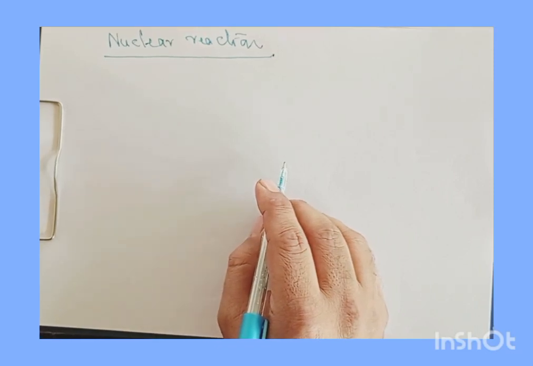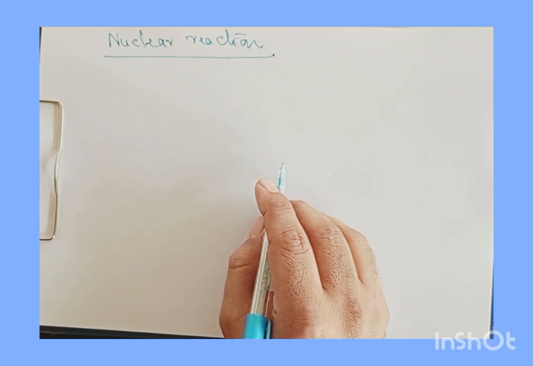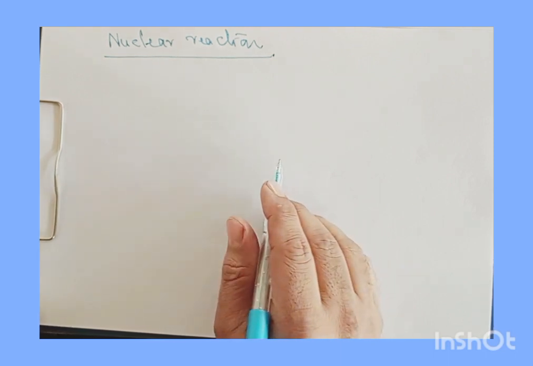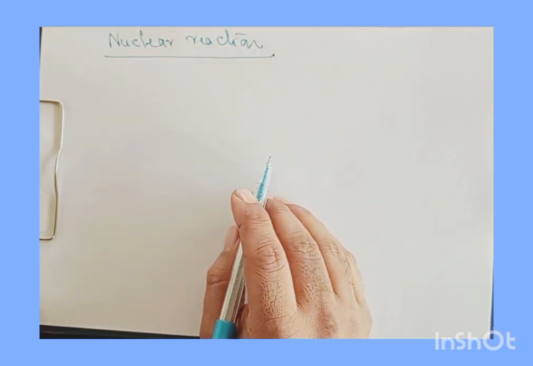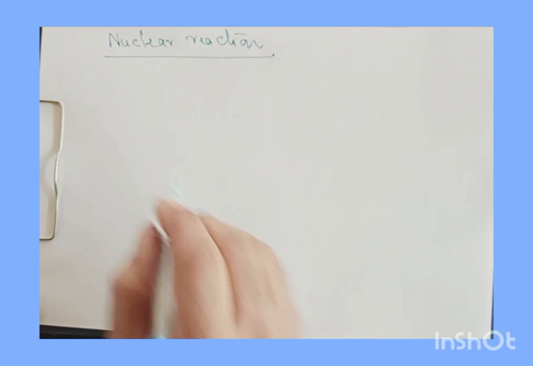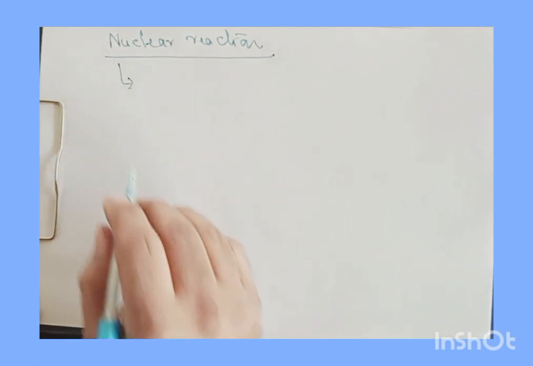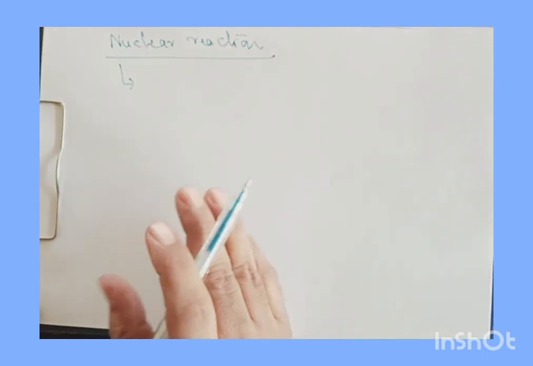Now let's talk about nuclear reaction. In the previous video, we talked about how to calculate various things using decay law, and finally we talked about activity. How could we measure the activity of a sample? Now, in this video, I'll be talking about the nuclear reaction, and the best thing is always to start with the basic idea. And in order to define this nuclear reaction, what we have is it's a process by which